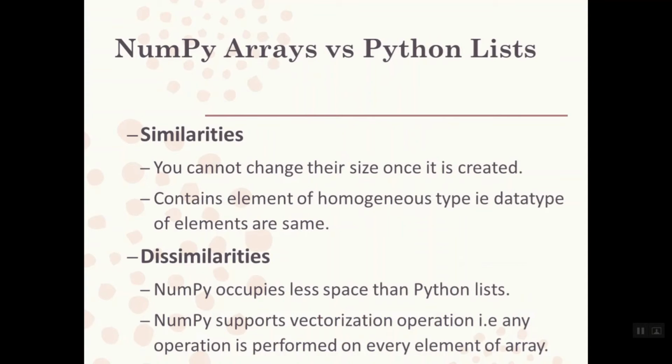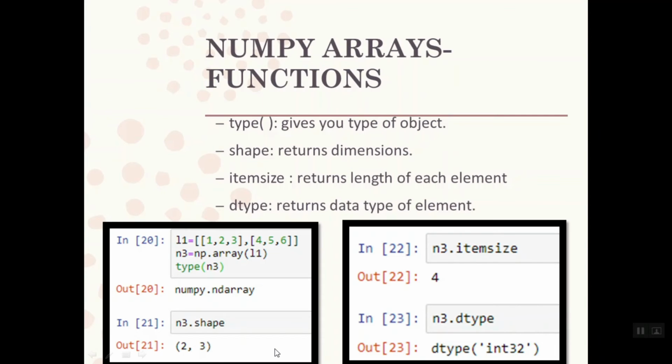Now what are the dissimilarities? NumPy ndarray occupies lesser space than Python list in terms of memory. NumPy supports vectorization operation. What do you mean by vectorization operation? That any operation performed will be performed on every element of the array. Like if I write +2, then it will be added to every element. In the example, just